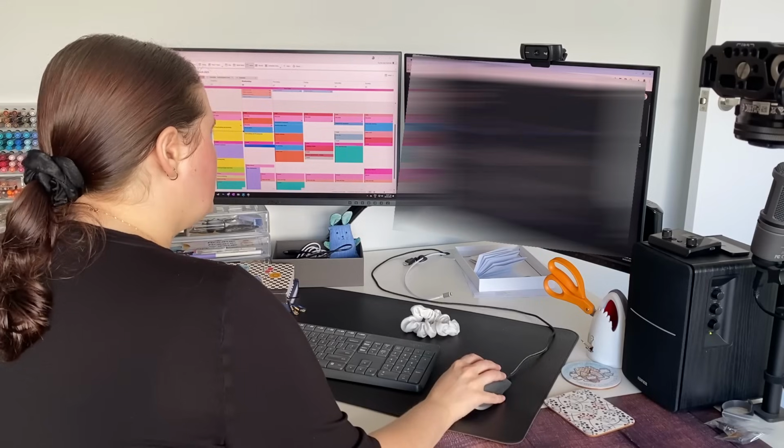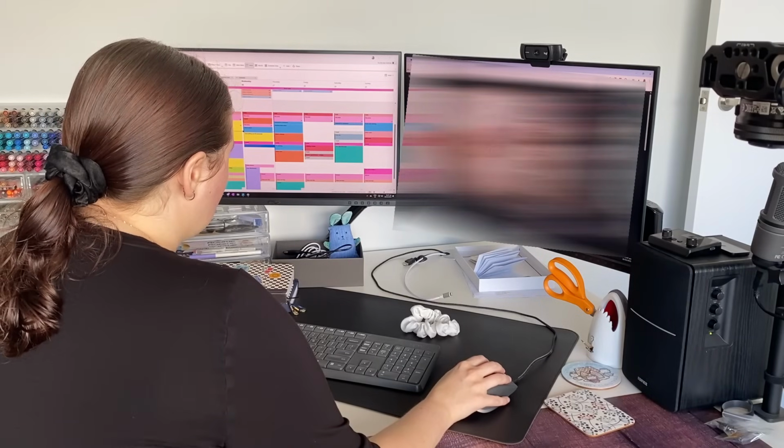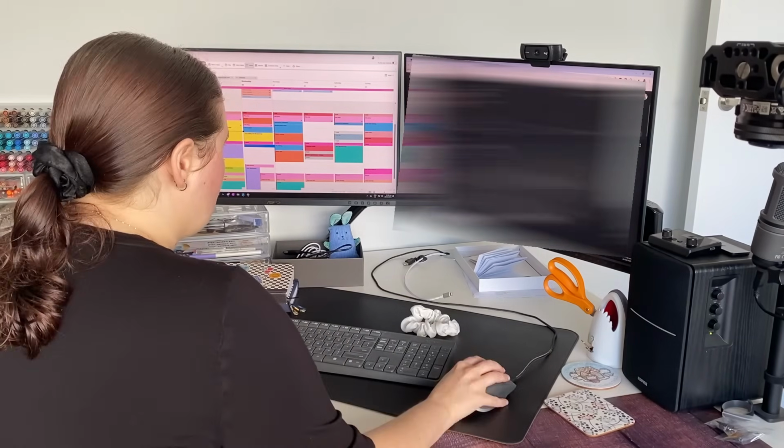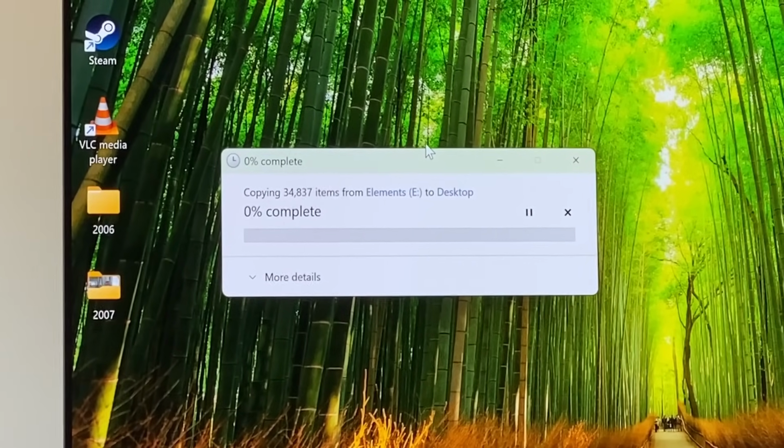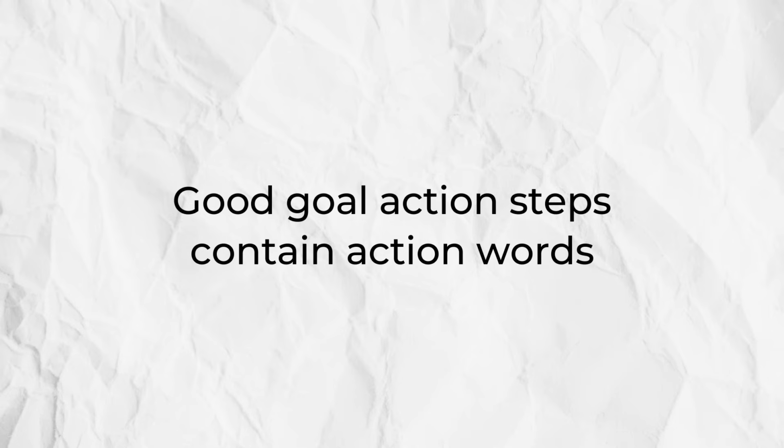When it comes to breaking down our goals and writing out these action steps we need to take, what can be really powerful is starting each of them with a doing word, or a verb. For instance, if one of my goals is to declutter my digital space, and I want to focus in particular on my very large collection of photos and screenshots, then writing something like photos or screenshots down on my list of things to do to work on my goal isn't really going to be all that helpful. It doesn't tell me what I need to do in order to check that off.